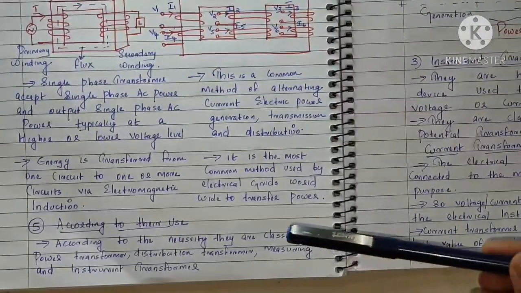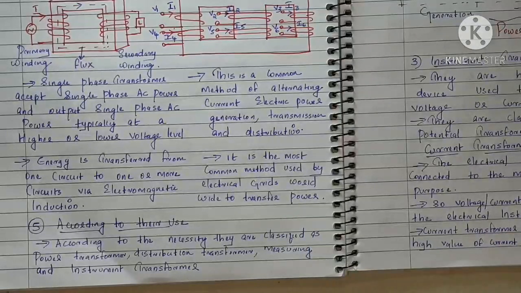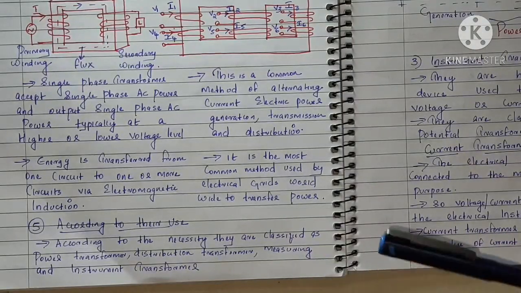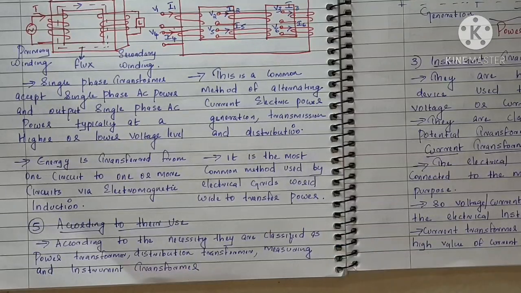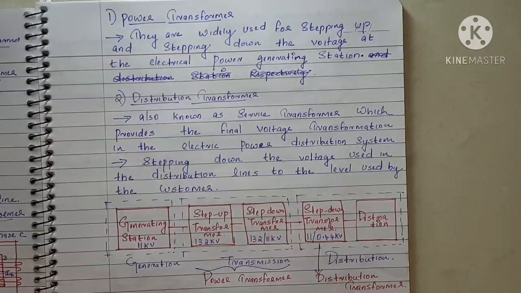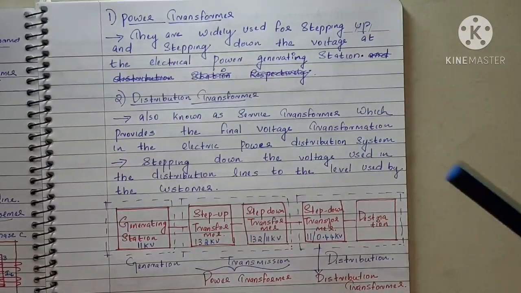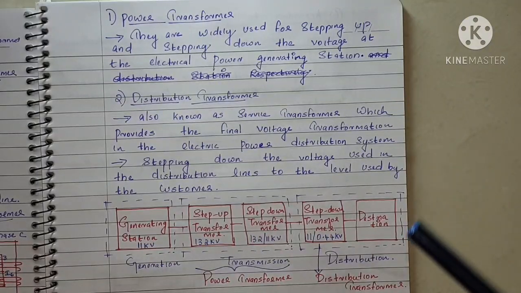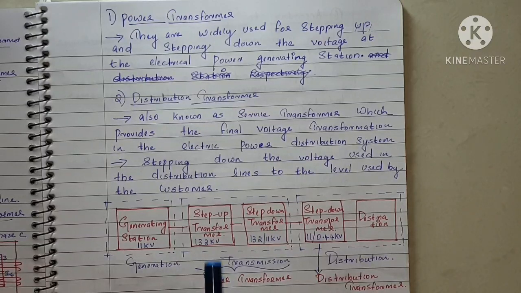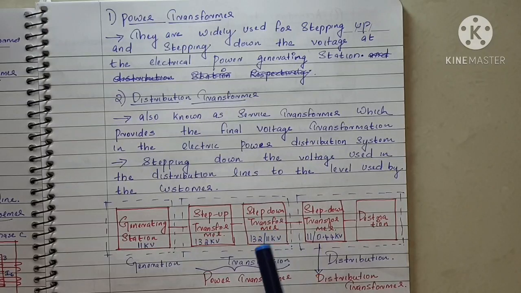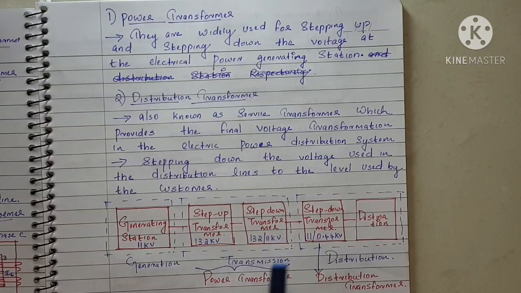The fifth classification of a transformer is according to their use. According to the necessity, they are classified as power transformer, distribution transformer, and measuring and instrument transformer. The first type is the power transformer. They are widely used for stepping up and stepping down the voltage at the electrical power generating station. That is, these two transformers make the power transformer, which we already discussed under the topic role of transformer. That is, at the transmission side, we use two transformers for stepping up and stepping down the voltage, which is